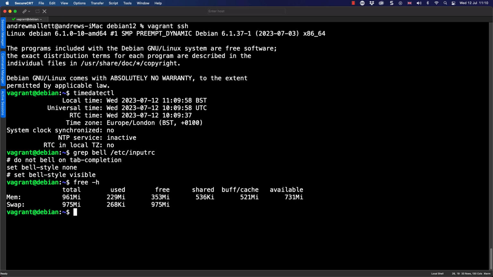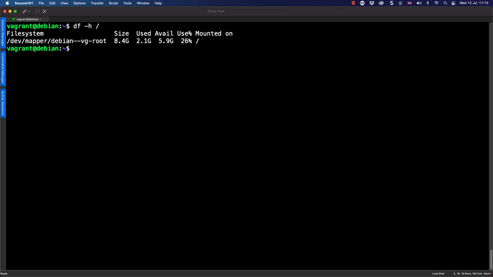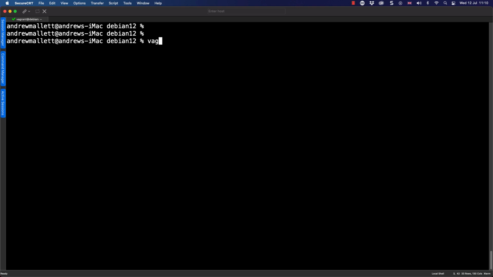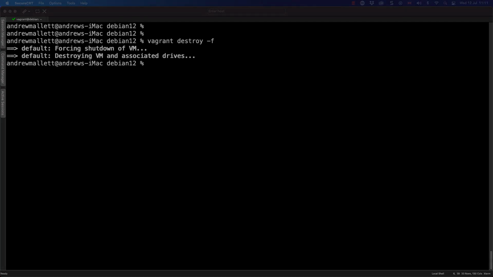And if I go through and look at the disk space for my root file system, so df -h on root, we can see then that we've used 2 gig and we've got roughly 6 gig available for our root file system. But this is now great. I can easily create instances of this virtual machine and work at the command line. I can exit out, I can halt the machine, or I can destroy the machine. Destroying it just deletes then the copy when we cloned the box to create the virtual machine. Halt keeps the machine there so I can fire it up again.